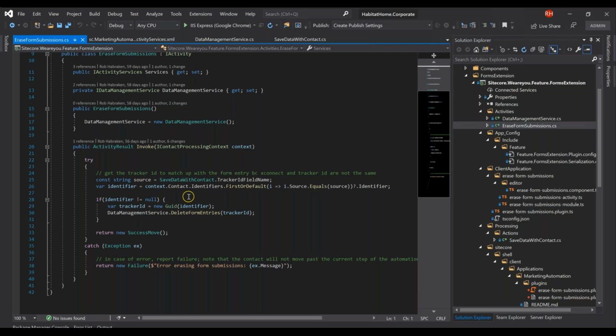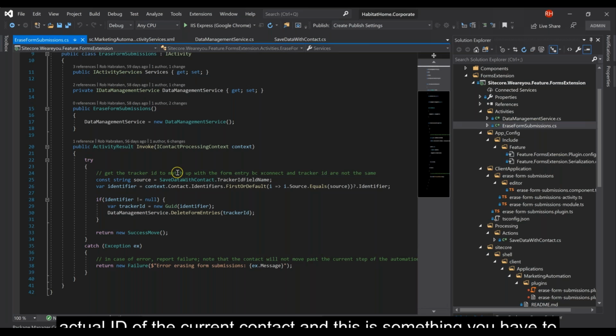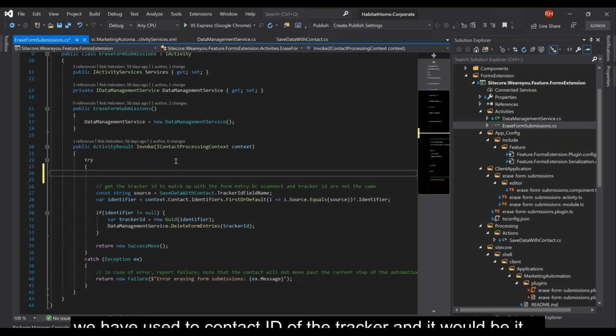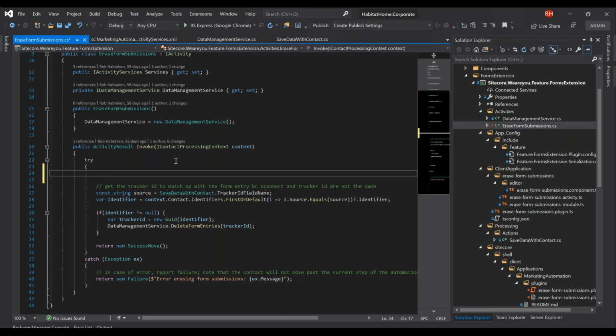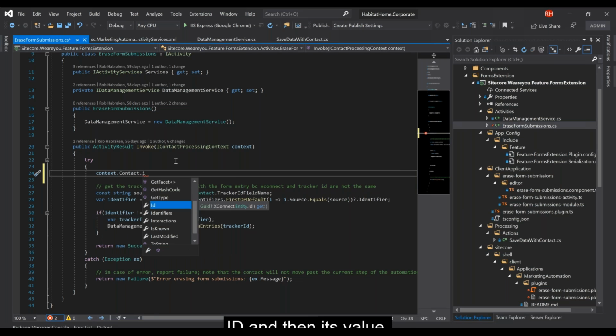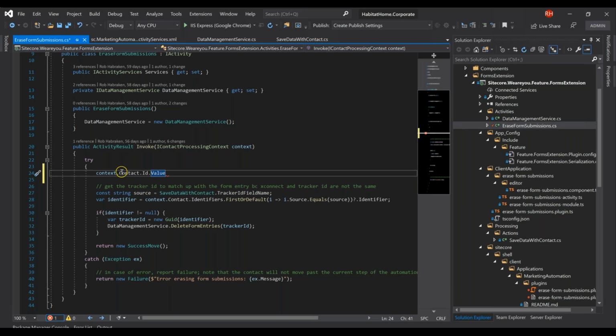And this is something you have to keep in mind, that as you see, we have used the contact ID of the tracker, and it would seem a logical thing to go in the current context, find the contact, and then the ID, and then its value. And although this is named contact ID, in a way, it's the ID of the current contact in your context when you're